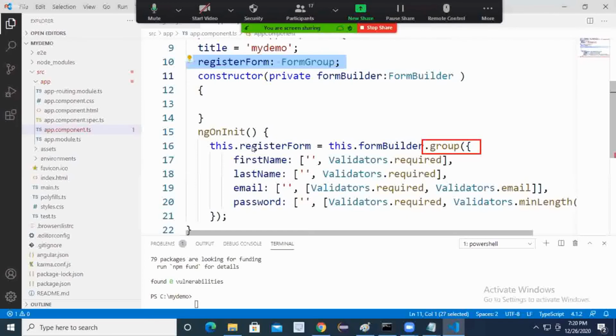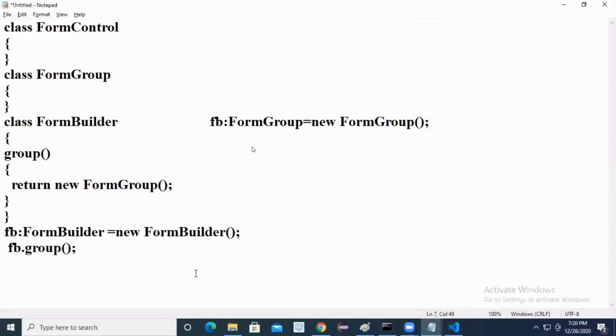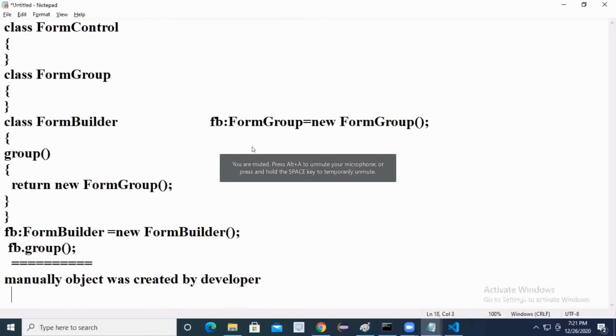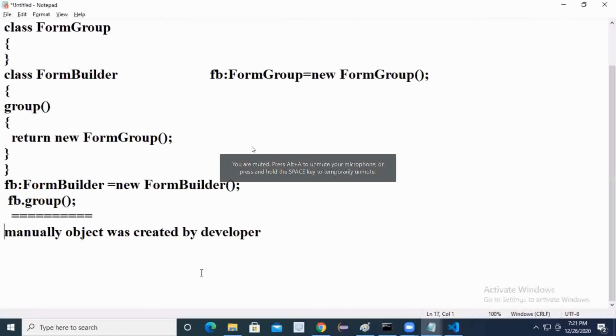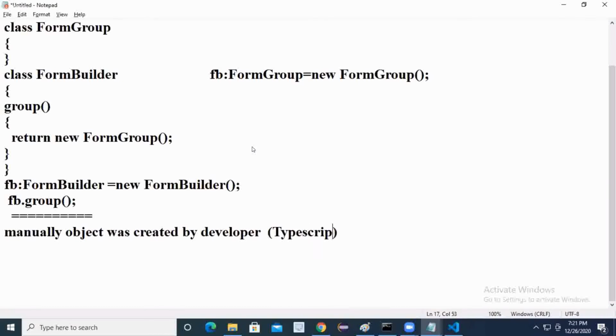Generally, in core, at the basic level, we have to manually create the object. The object is created by whom? The developer. This will happen in which language? TypeScript.